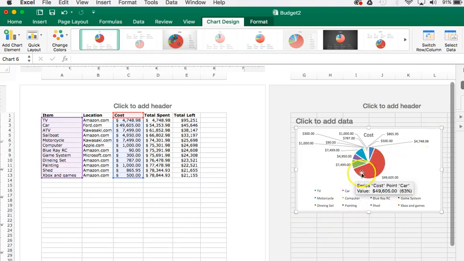So now I know the value of each piece, and using the legend at the bottom, I can see what that actually is. If this were my monthly budget, I could see that the red slice obviously is where most of my money is going. Okay, so that is a pie chart. Now we're going to take a look at a different kind